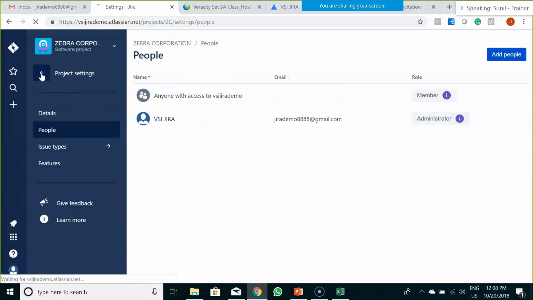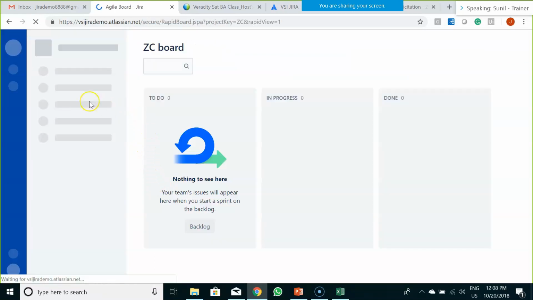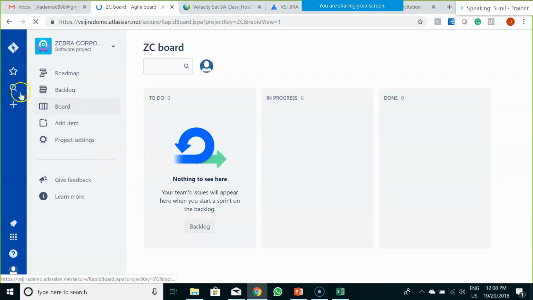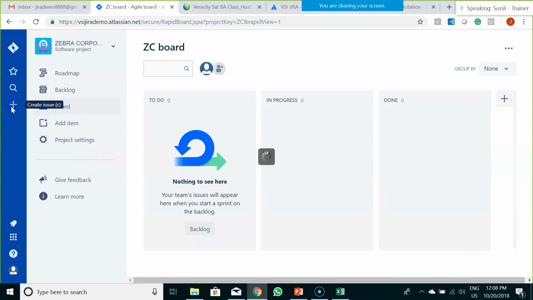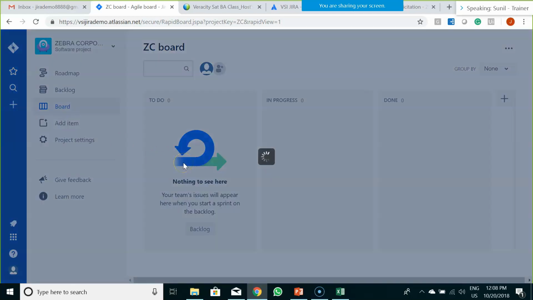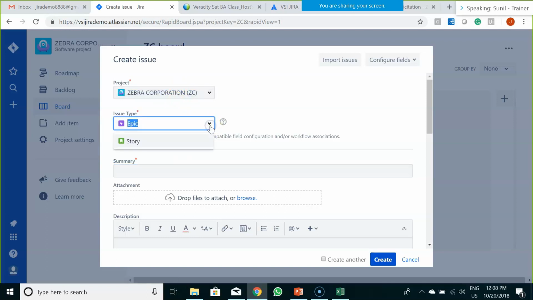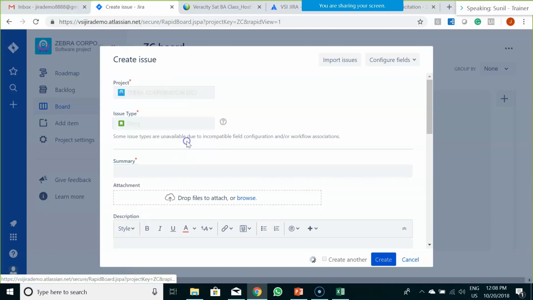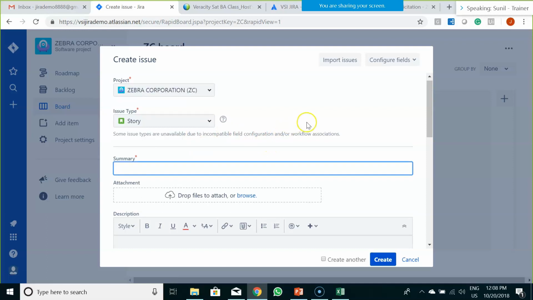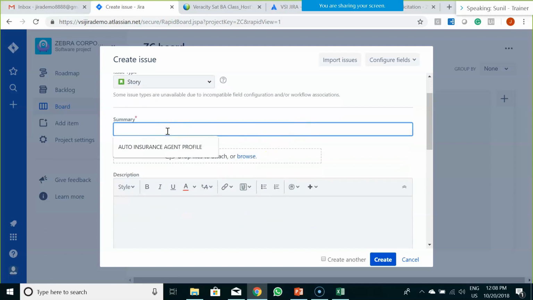After you have configured all those settings, as a business analyst, you should go about writing the user story. In order to write a user story, you have to click on this create an issue tab. Here there are different options you could see, epic and story. So let's say we select story.